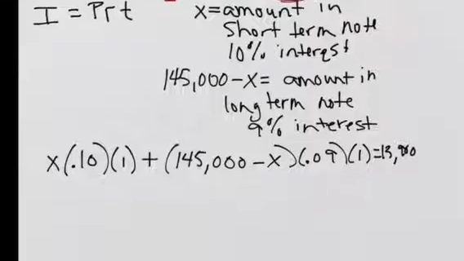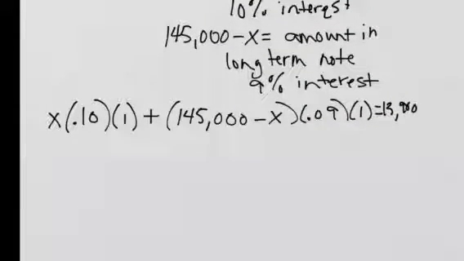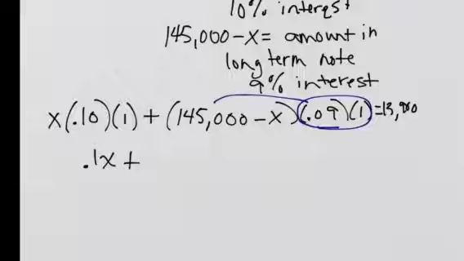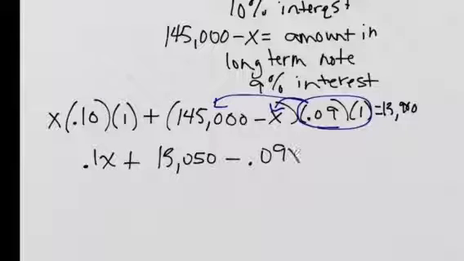Now we'll solve this equation for X. So we have 0.1x plus, we're going to distribute, this is 0.09 times 1, so we're going to distribute that 0.09. This would simplify to just 0.09. Distribute this times 145,000. That's going to give us 13,050. Then we distribute it also to this minus X, so that gives us minus 0.09x is equal to